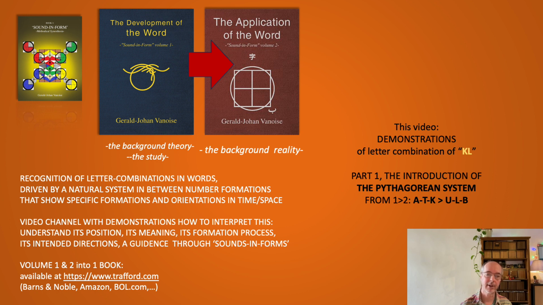It's like a string that goes from 0 to, let's say, 9, and all the variations in between, and the variations in between have points of change and of connections. I will tell you a little bit about it in this video. I was going to talk about the letter combination of K and L. They're not so far apart in the numerical system, so that's a good